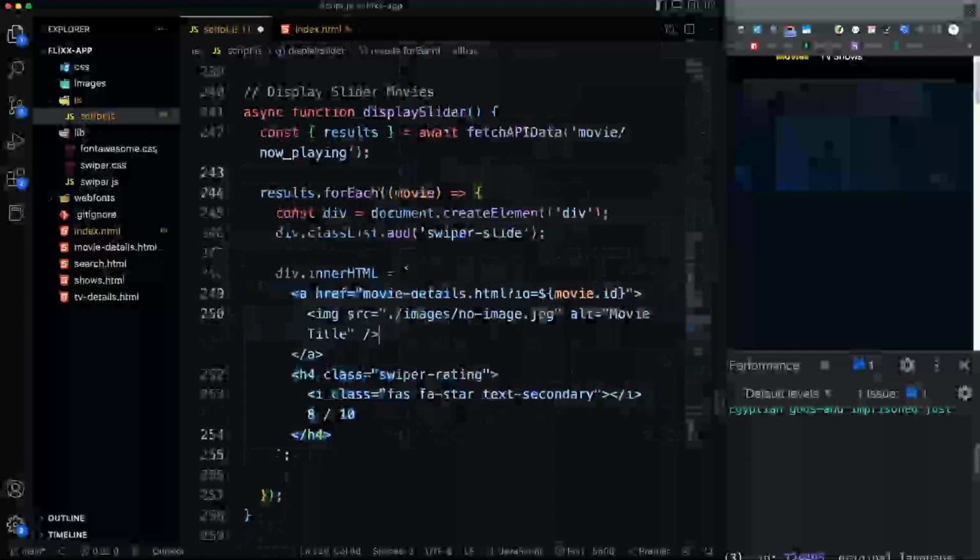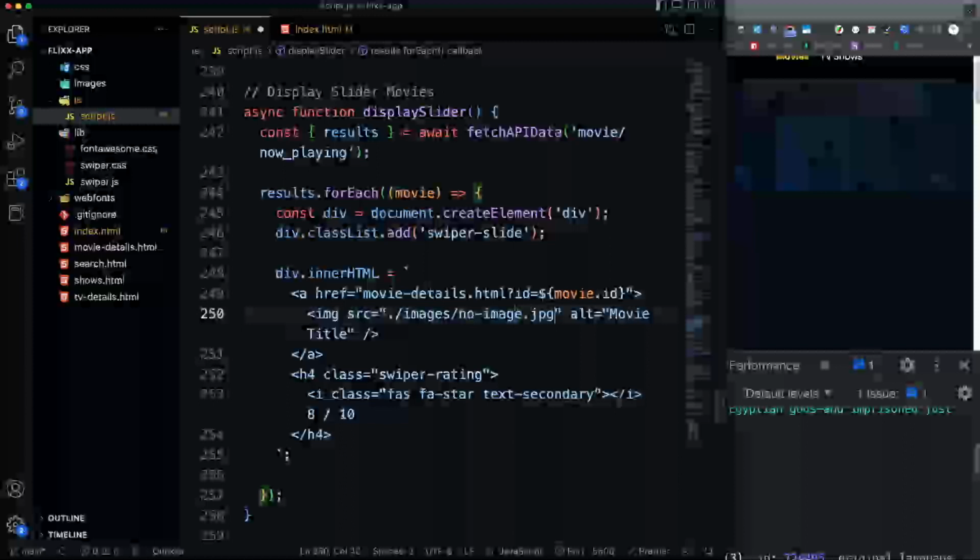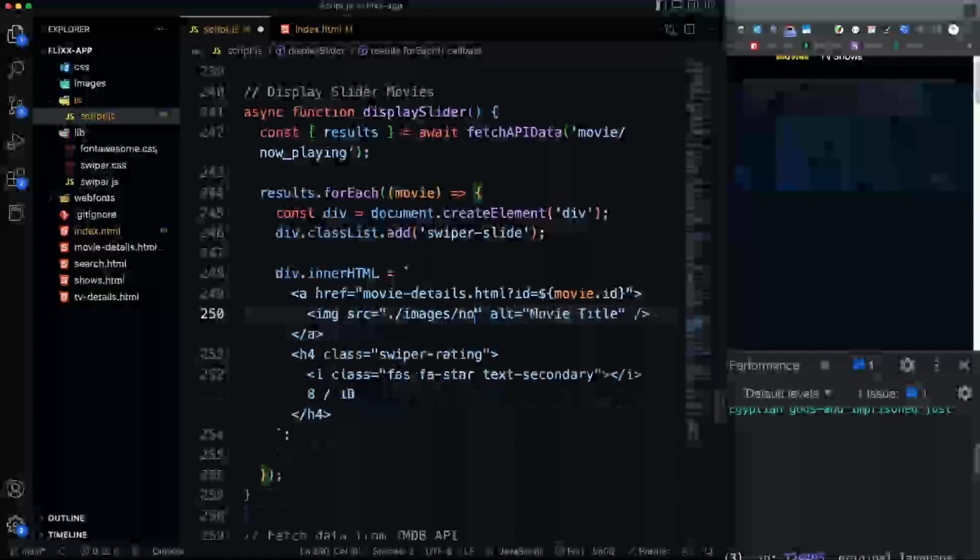All right, and then for the image, I don't think we have to check for the image, because I think all the now playing will always have an image. It's kind of the older obscure movies that don't have the images, so we don't need to check for it. If you want to, you can, but I'm just going to go ahead and replace this source,